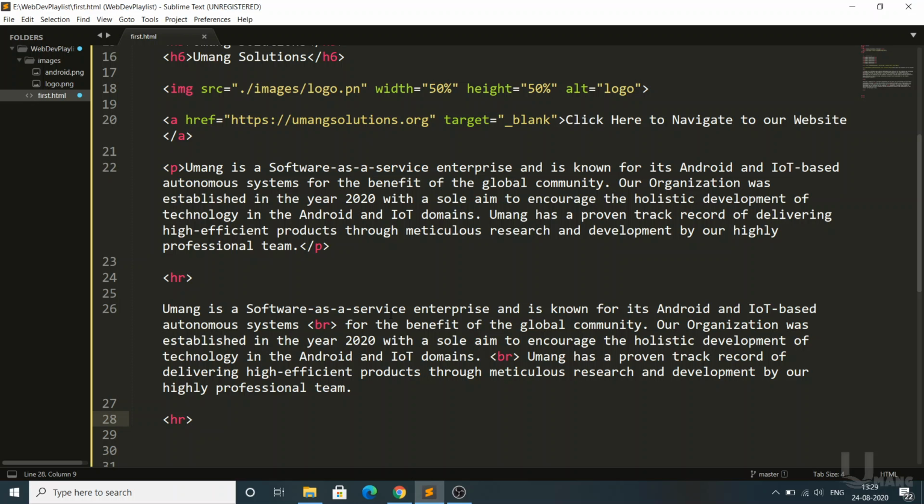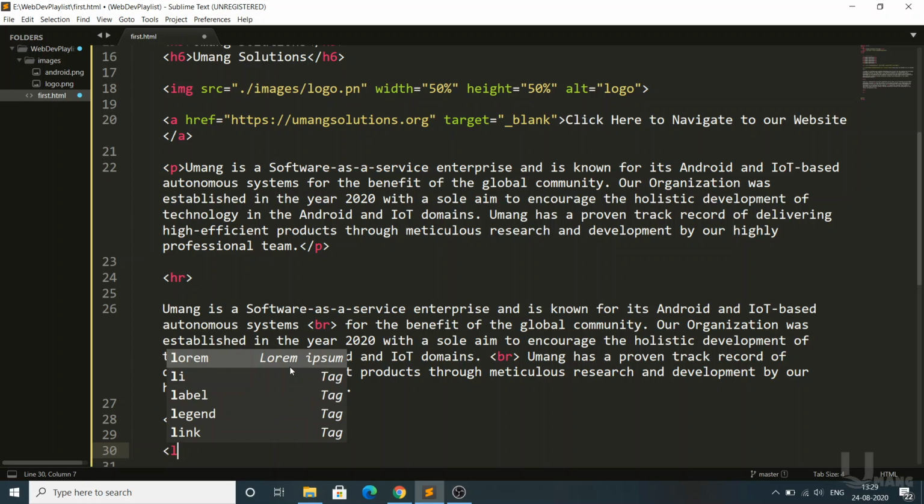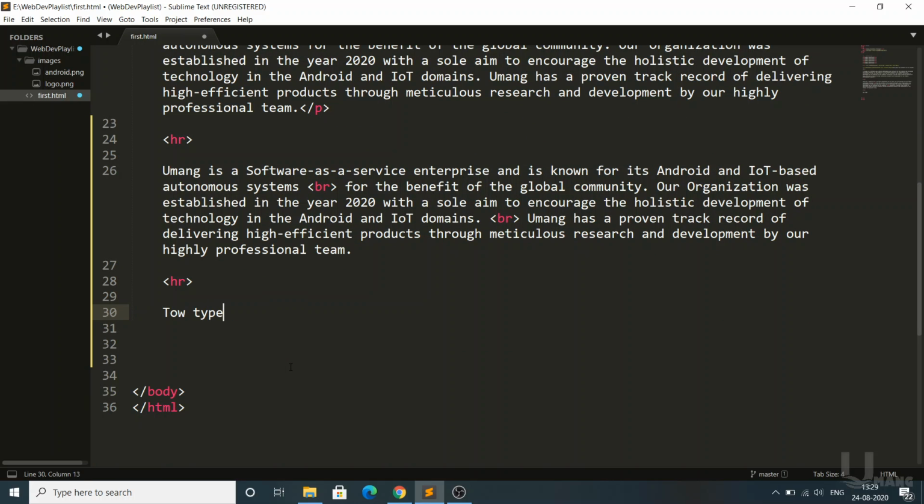Okay, and the other important tag we have is the list tag. The list tag is for when I want to display list items. There are two types of list. One is ordered list, and another is unordered list.